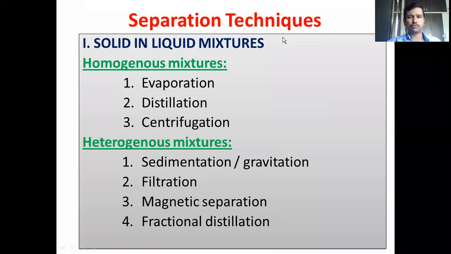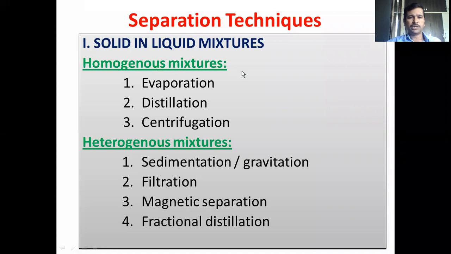Normally, separation techniques will be employed irrespective of the nature of the sample what we have. So particularly two types of samples we will be dealing with during the separation process. The first kind of sample is where solids are needed to be separated from liquid mixtures. If you have a specimen sample which is needed to be subjected to the separation process, and that is liquid in nature, but there are solids also present in that liquid sample, how to separate these solids from the liquid mixture? And even in that, the mixture may be homogeneous and it may also be heterogeneous.